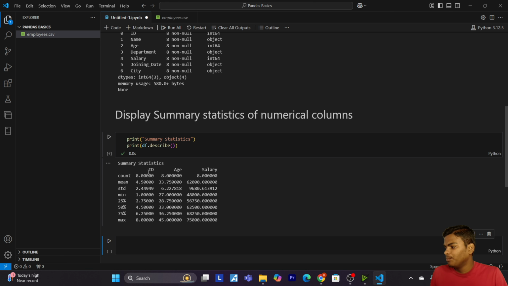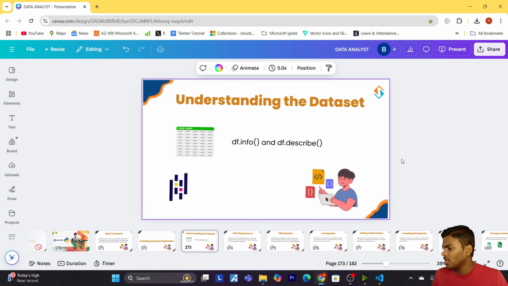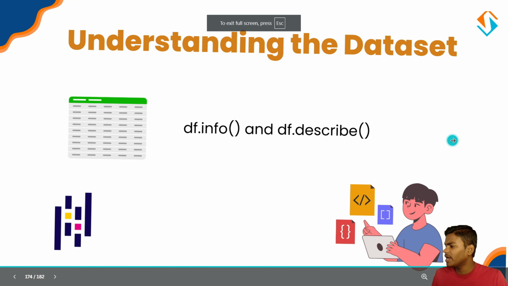Here you can see that we got the count 8, the mean, standard deviation, then minimum, 25%, 50, 75 and the last max. df.info shows an overview of the data sets including column names, non-null counts and data types, while df.describe provides statistical summaries like mean, min, maximum and standard deviation for numerical columns. So now let's come to our next slide.